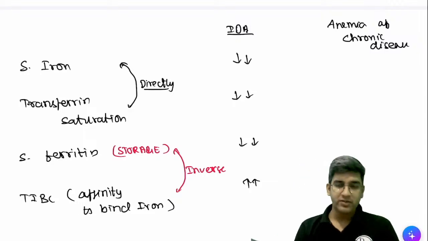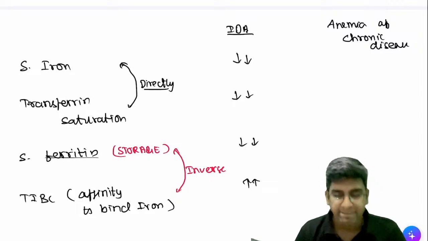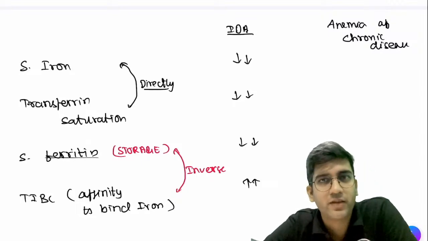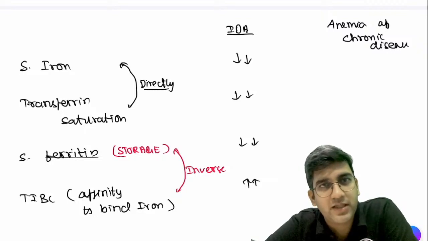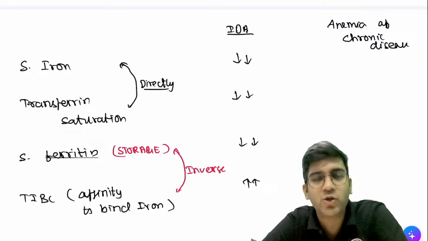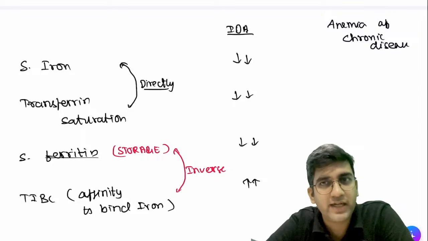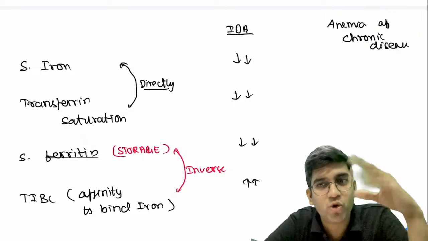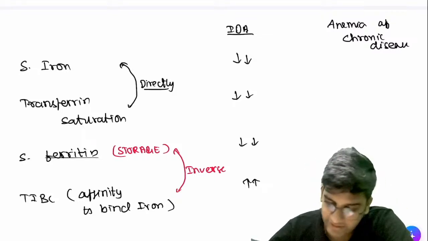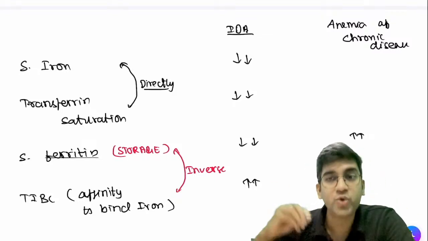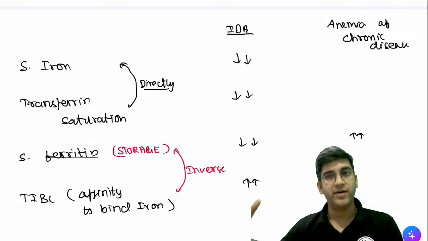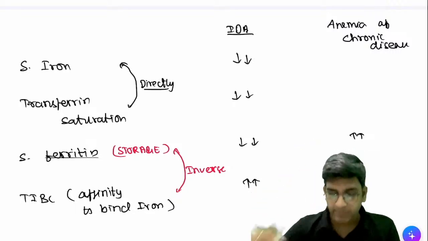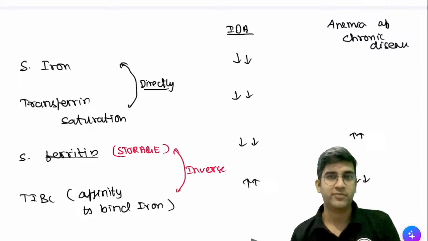Okay, fine. So anemia of chronic disease, chronic disorder, right? Serum ferritin, can I say it's an acute phase reactant? When COVID was there, did we do ferritin for almost everyone affected by COVID? We did do, right? So what do you think will happen to ferritin in case of anemia of chronic disease? More or less? It'll be more, right? So we'll start with this. Ferritin is an acute phase reactant. So when there's a chronic inflammation, ferritin becomes more. When ferritin becomes more, TIBC less.